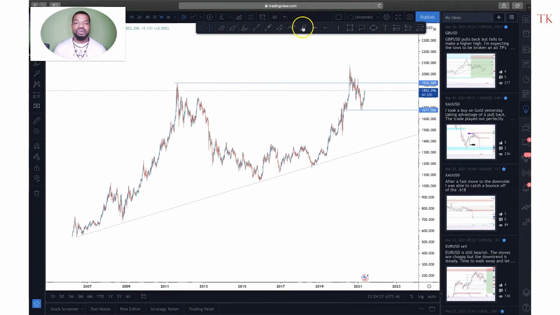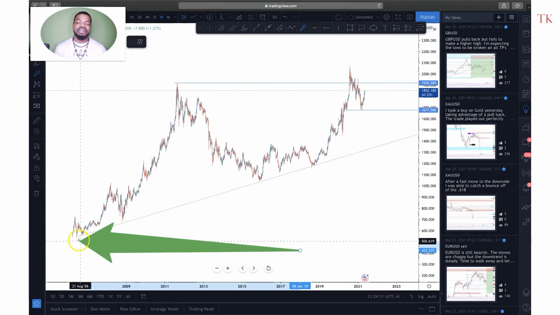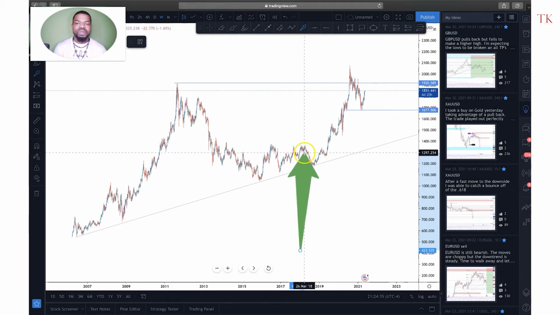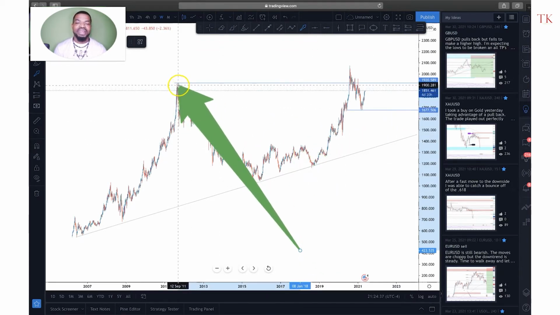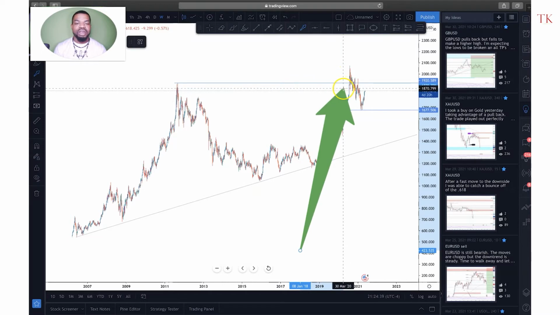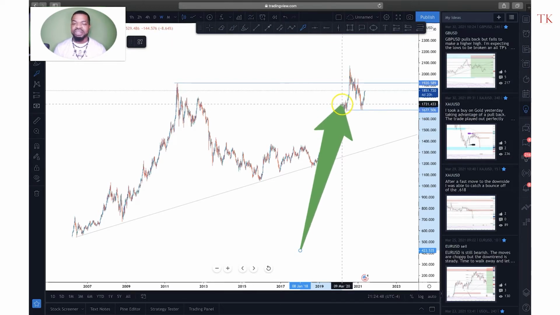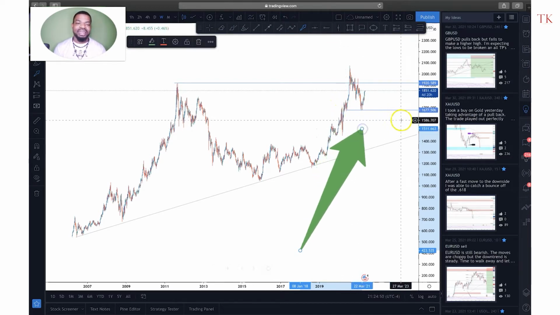using technical analysis. So, the first thing I always look at is the current trend that the market is in. And in this case, we're in the uptrend. Right here, we had the previous highs, and a couple weeks back, they were broken, and we had a retest of this level. After I noticed the consolidation in this level, I sent a buy signal out on my